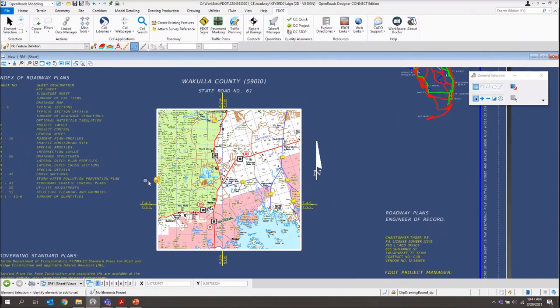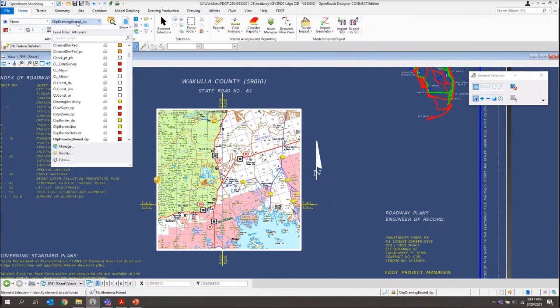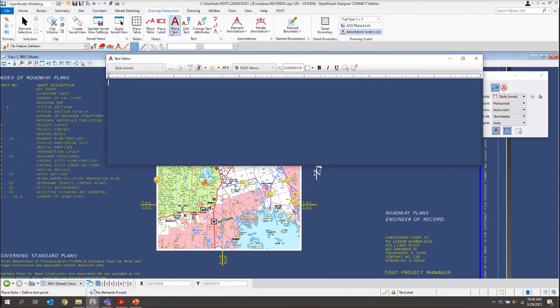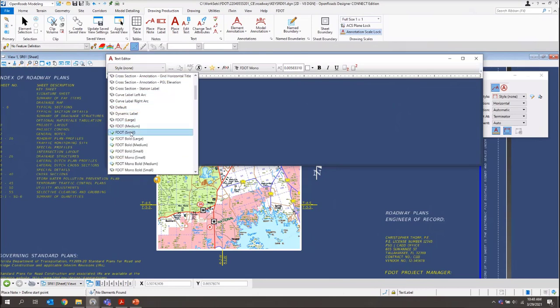Next we'll need to place our project location label. First we'll switch to the home tab and make sure we set our level. So we'll do text; we want our text level. There we go. Then we want to select our place note tool from the drawing production tab and make sure we set our style to f.small.